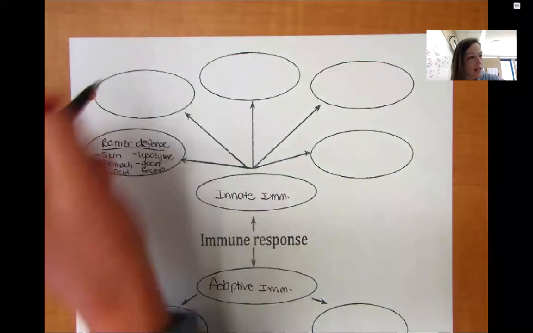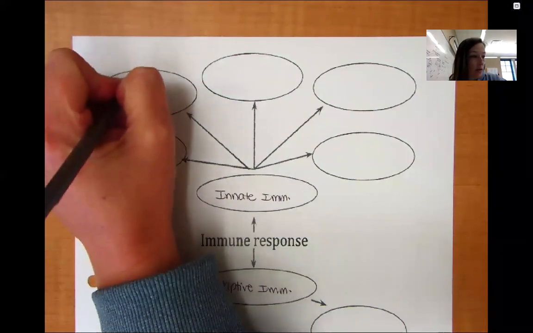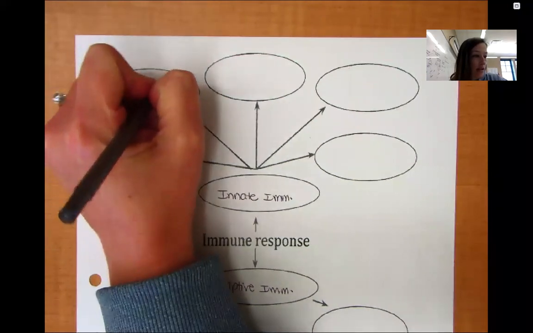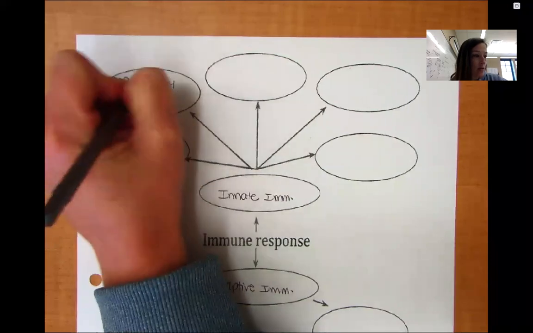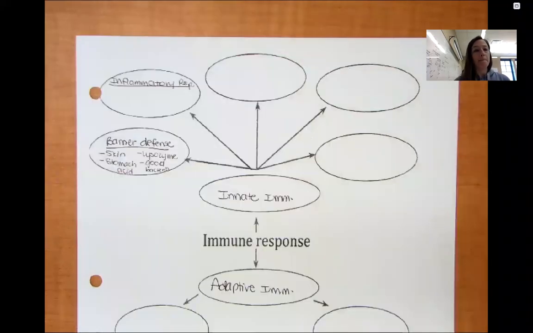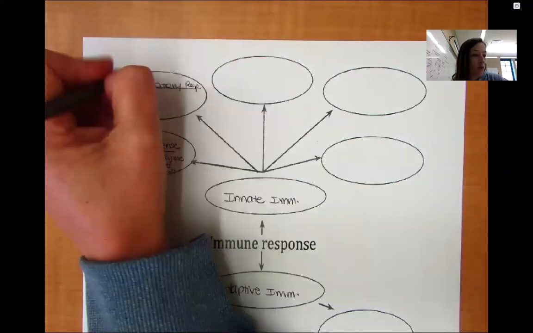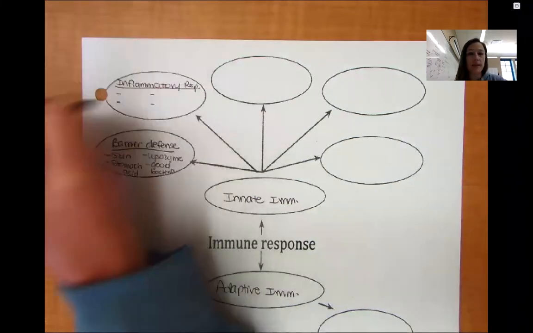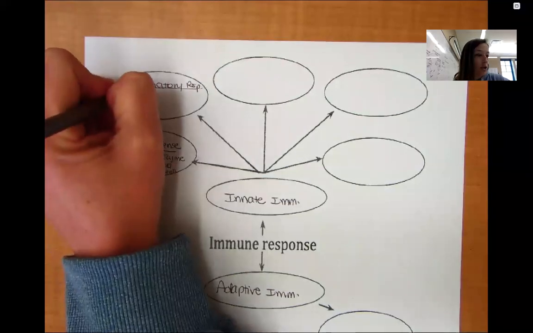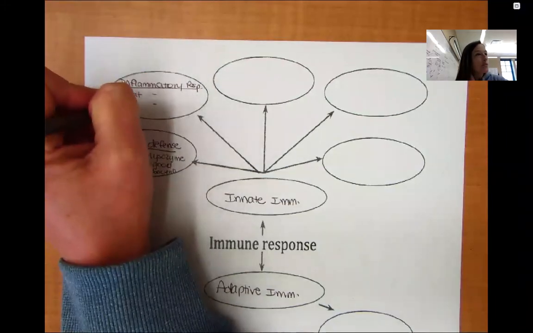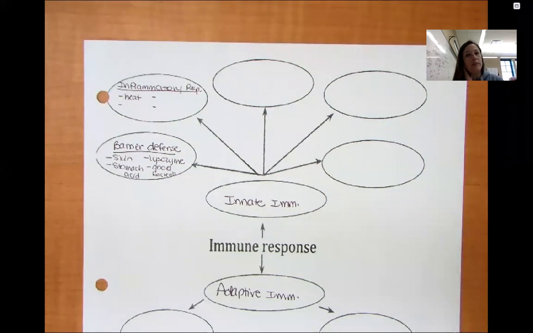All right, the next one is the inflammatory response. This is driven by your mast cells. Your mast cells release histamine, and that's going to tell the rest of the immune system to do some things. There are four characteristics to an inflammatory response, because what happens is the mast cells release histamine, and a lot of other cells are called over to that site. It's basically a call that says, hey, we've got a problem over here, and then everybody rushes to that site